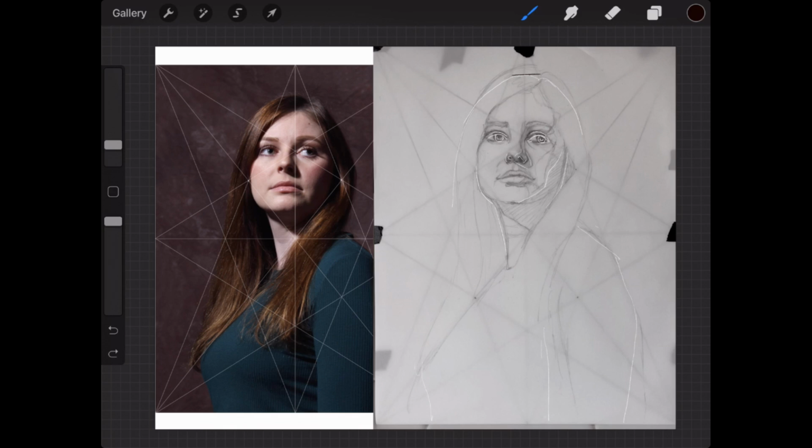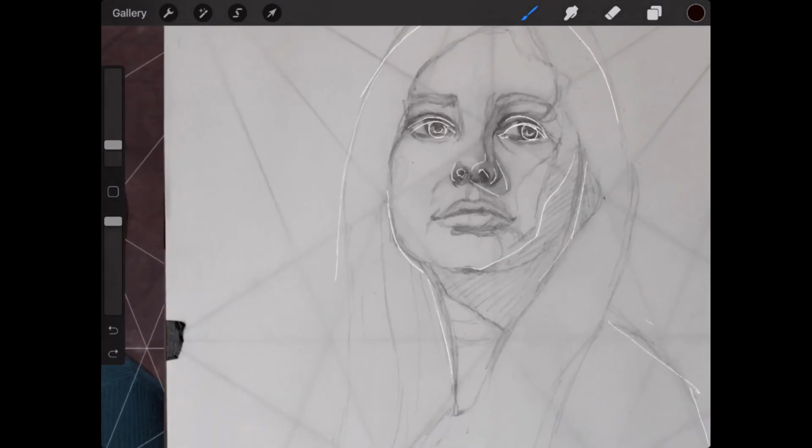Would what be better? You could. So if you wanted to take some tracing paper, I would do the corrections on this paper just so that you have the original drawing.